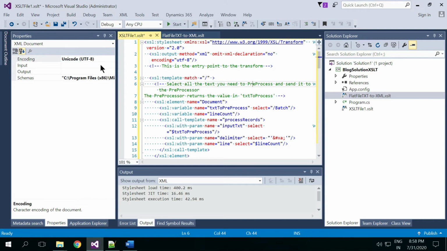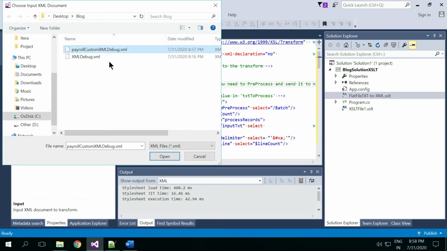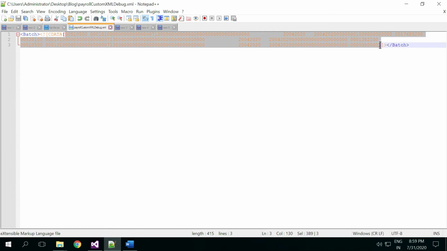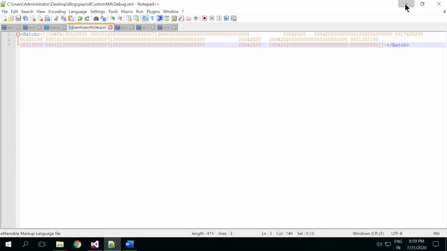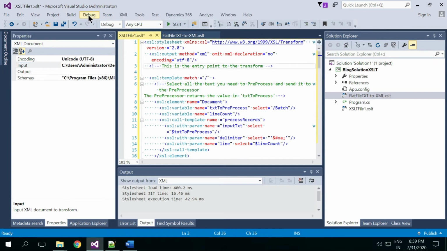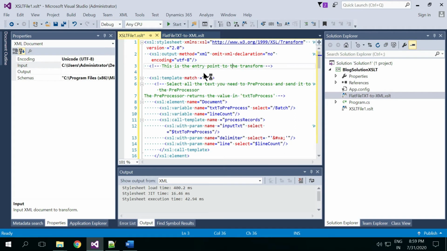So what I do is, in my input column, I give the file which I just created over here. I have used the tags. Inside that I have given my fixed width flat file content, and then I save it and I use the same file here. First I'll just execute directly and show you the result.